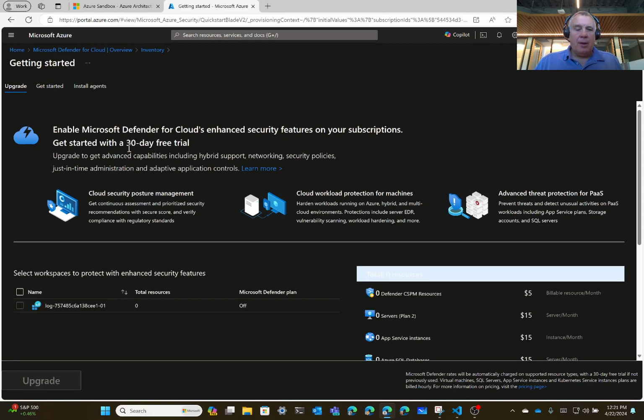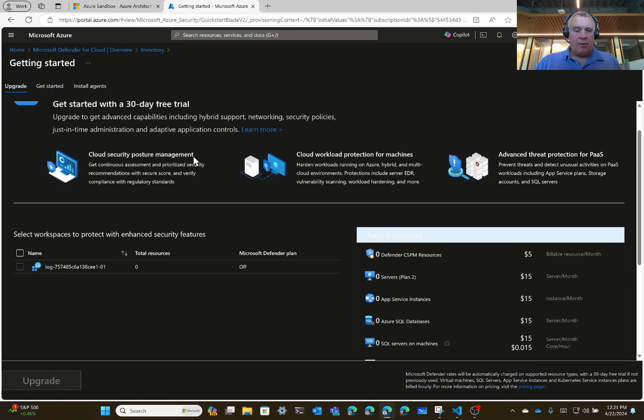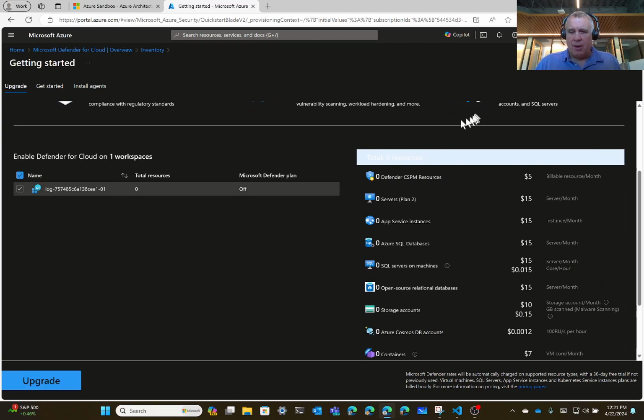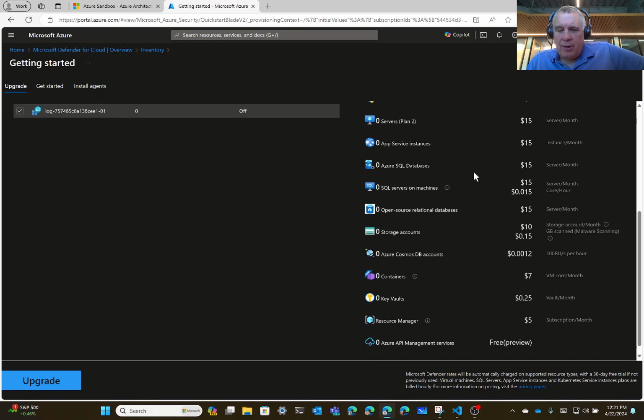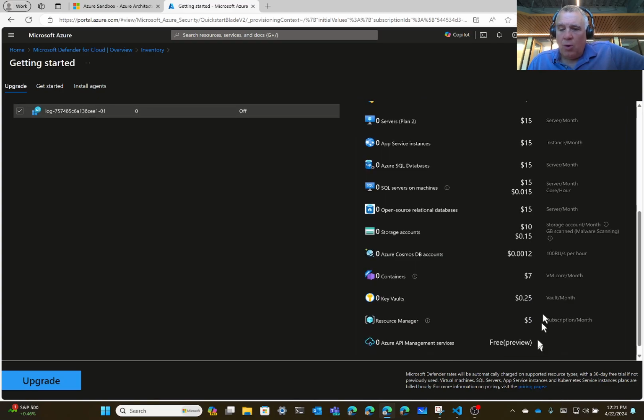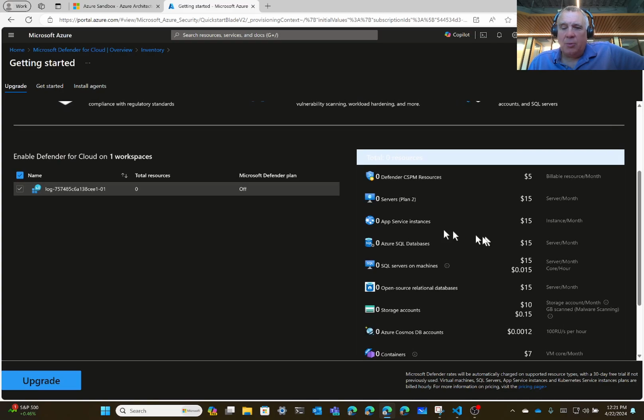So, let's see what we're being given here. So I've got a log analytics workspace. I'm going to select that. And I'm given some pricing here on what it's going to cost to monitor these different resources with the upgraded cloud security posture management plan. We'll go enable these on an individual basis as required to mitigate things. So if I click on upgrade,